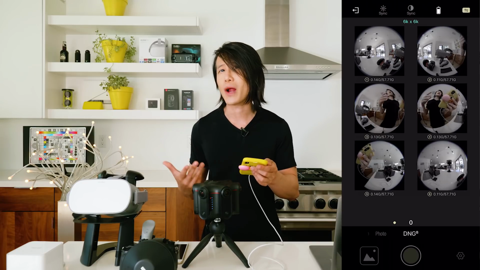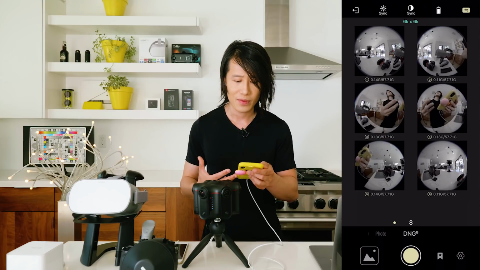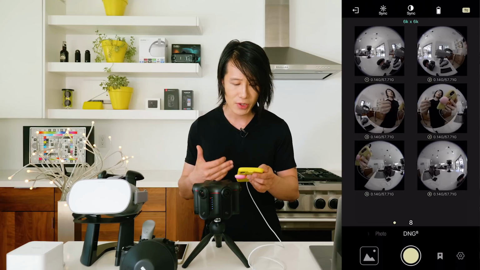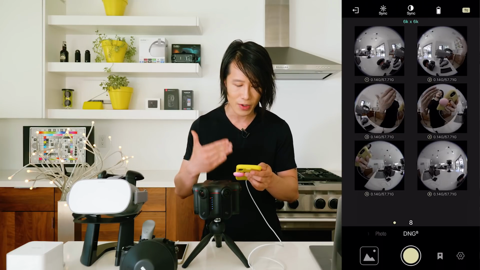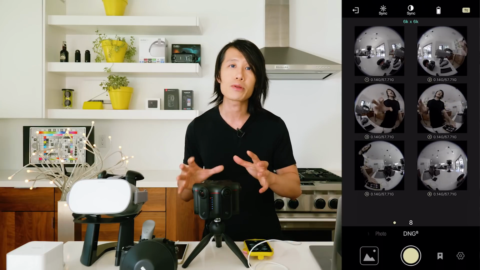And it's okay to move around because the camera is actually very smart. So we'll actually reduce the motion blur in post. So as you see right now, it's done. It finished capture 8 DNG. I will bring this footage into my computer and bring it into Camera Raw, and we will do color correction